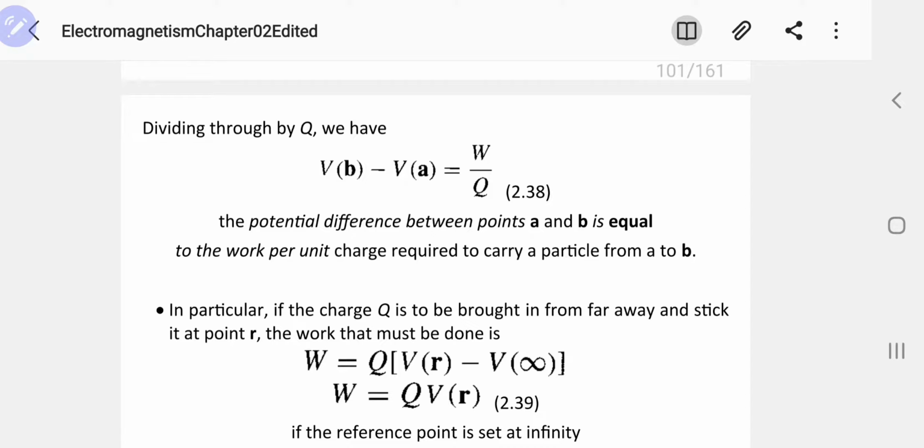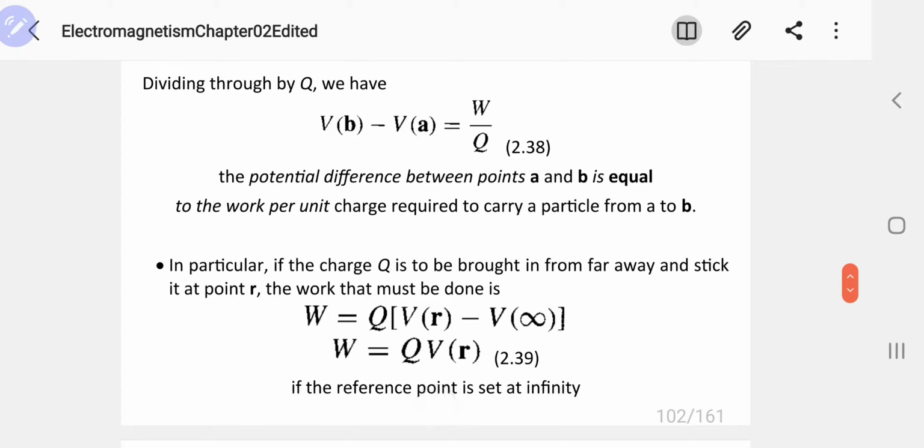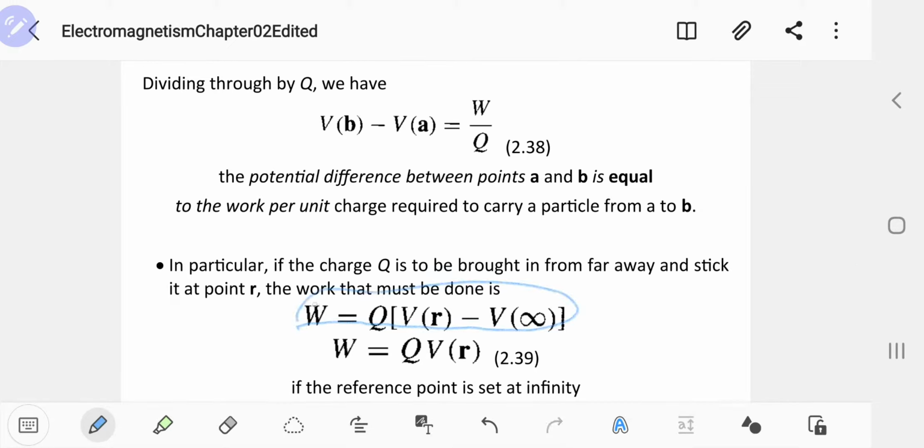Now here's the catch. Your work is equal to Q times the potential difference. For example, you are going from infinity, which is very far away, to a point that is distance r from the origin. If you take the reference point to be at infinity, then at infinity this V becomes 0, because you're already very far from the distribution of charge, and the r there is so large, and the electric field is proportional to 1 over r squared